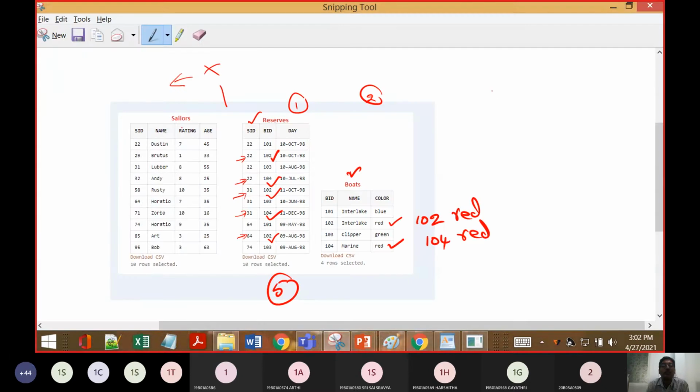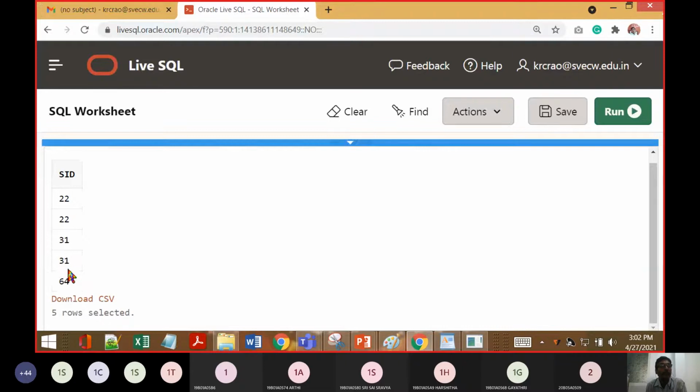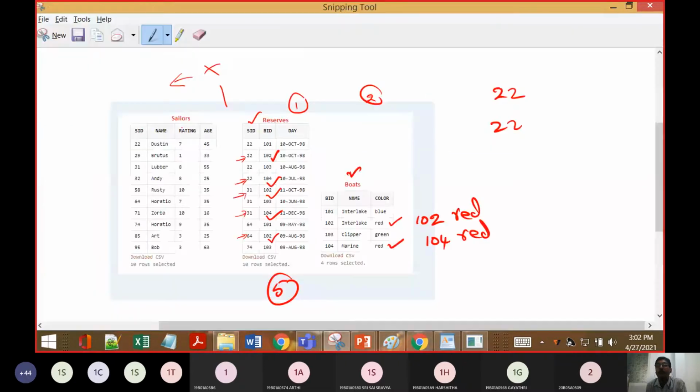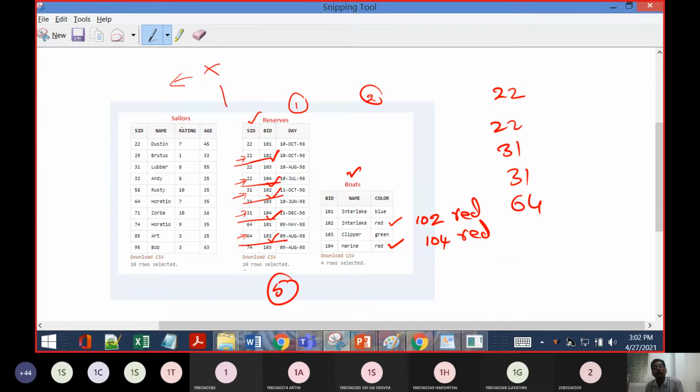So you can see record 1: 22, 102; record 2: 22, 104; 31, 102; 31, 104; and the next one was 64, 102.